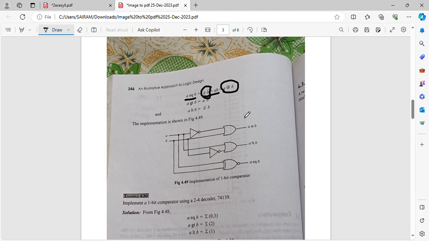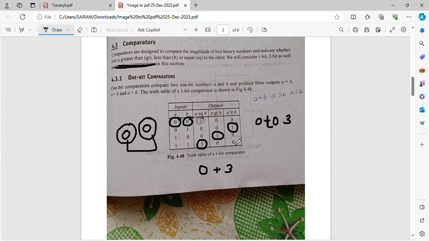Yeah. So now let me come to A is greater than B. I'm very much sorry. Please wait. Okay. So let me come to A greater than B. So it is nothing but A B bar. So here you can see that it's only satisfied for 1 0. So for 1 0 it is nothing but for 1 it is A, for 0 it is B bar, right? And A lesser than B. So it is nothing but 0 1, which is equal to what? It is equal to A bar B, right?